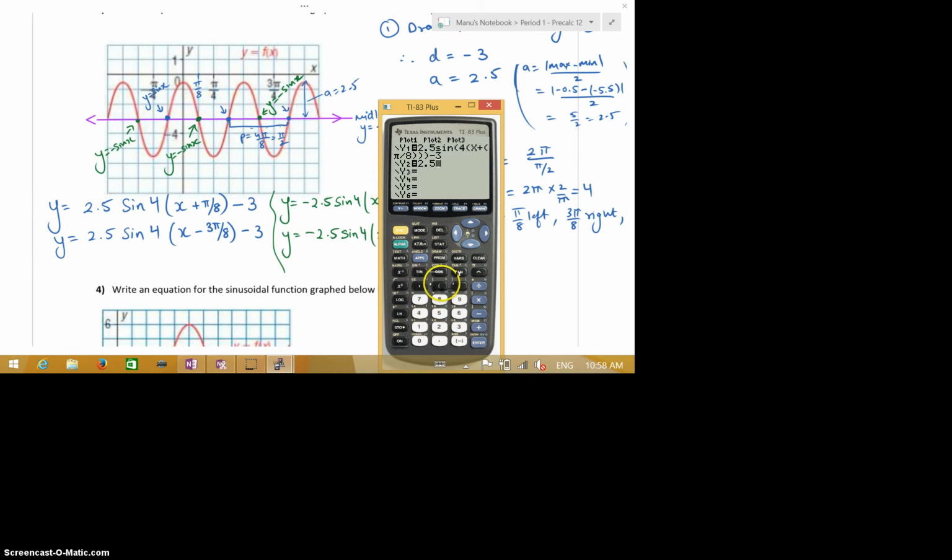2.5 sine 4 bracket x minus another bracket 3 pi divided by 8, bracket close, bracket close, bracket close, and then minus 3. Right, I'll graph it now. Again, I'll end up with an exact same graph. And in fact,